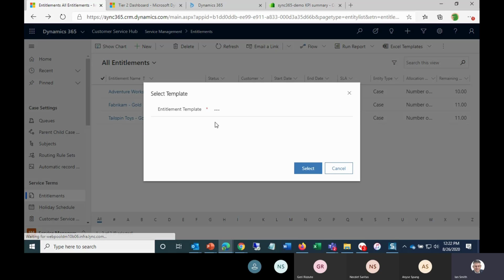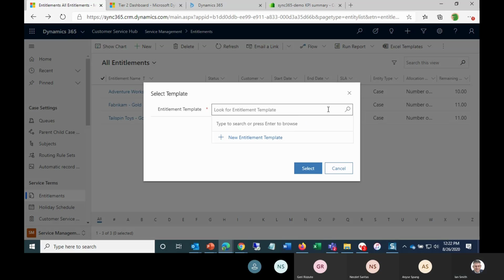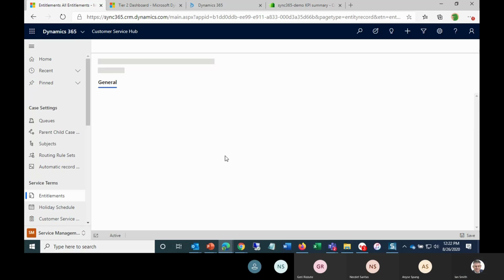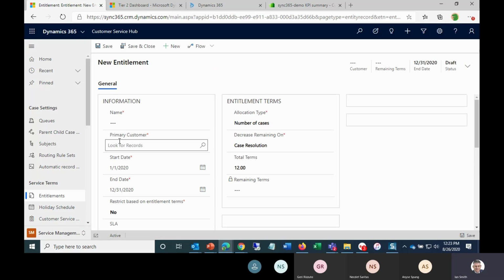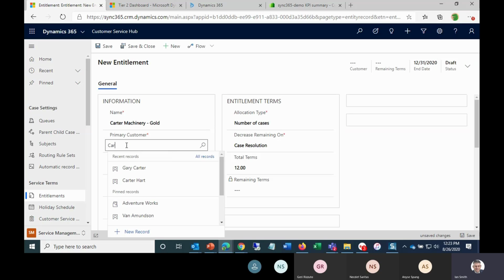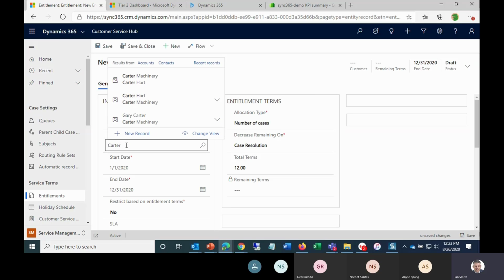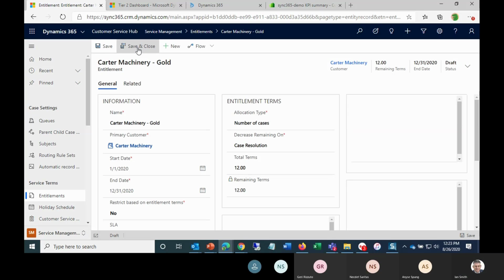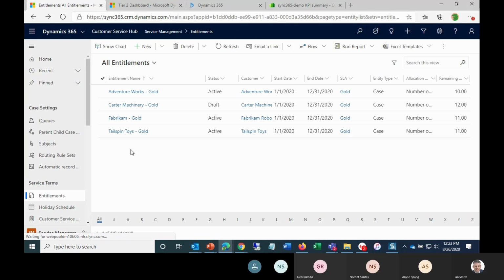So I'm going to give them the gold treatment here, gold plus, and this is going to be Carter Machinery gold, and this is going to be for Carter Machinery. Okay, and save and close. And so now if we go to Carter Machinery,